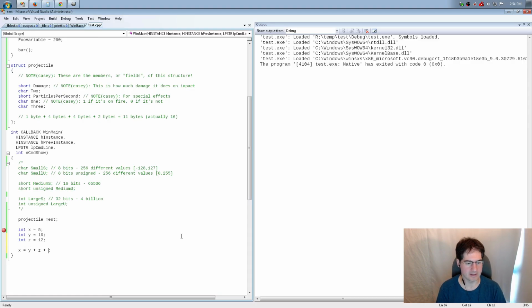I can do that. I could say that I want to be y plus z plus x, and again, equals is not like mathematical equals. It's an assignment operator, which means it computes this side first, and then it assigns it to this side. Again, that caused me no end of consternation since I learned programming before I learned math. And when they started using equals to mean that both sides were equivalent, I had no idea what was going on. It was horrible.